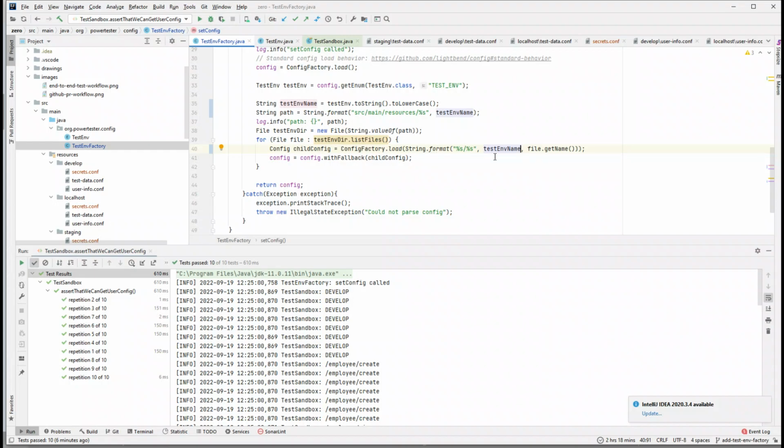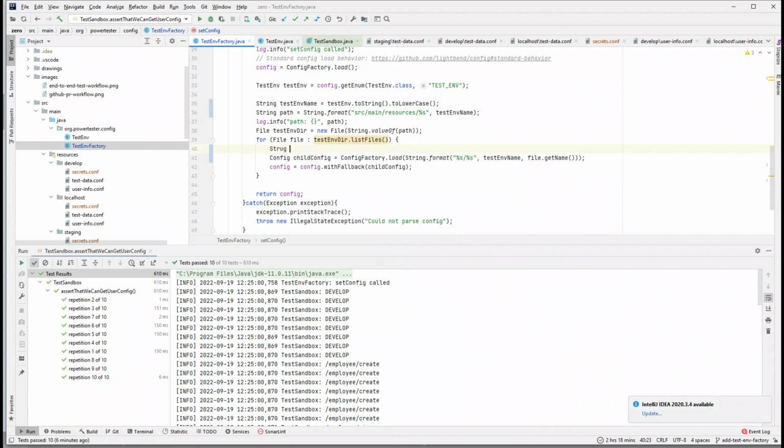Okay, and in fact I should also probably extract it just to be sure. Control C, and I should call it as string path equals string format percentage is percentage s, and this time this is environment file path, right? And environment file path